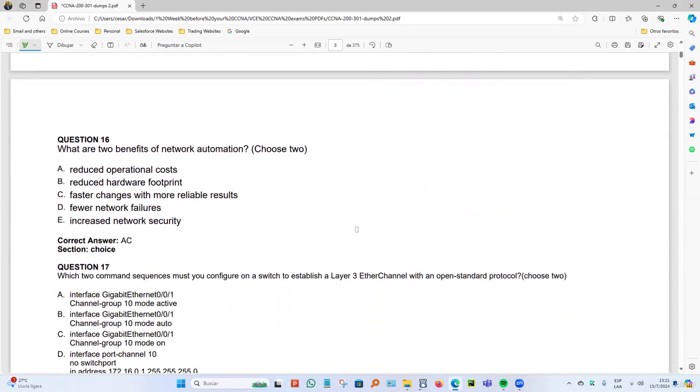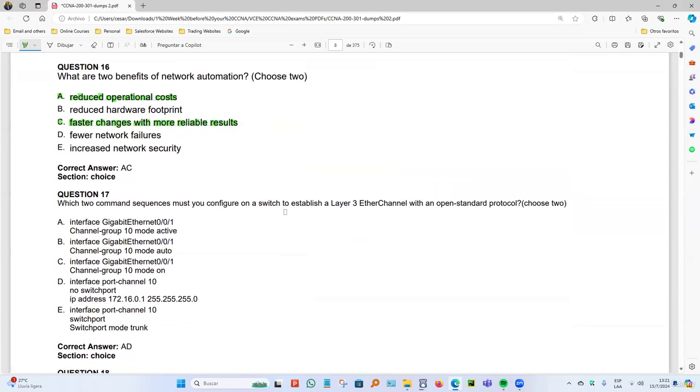What are the benefits of network automation? What are 2 benefits of network automation? So the first answer is reduce operational cost, of course. It reduces operational costs, nice. And what about the other one? It's faster changes with more reliable results. We have faster changes with more reliable results. Let's go ahead and follow along to configure